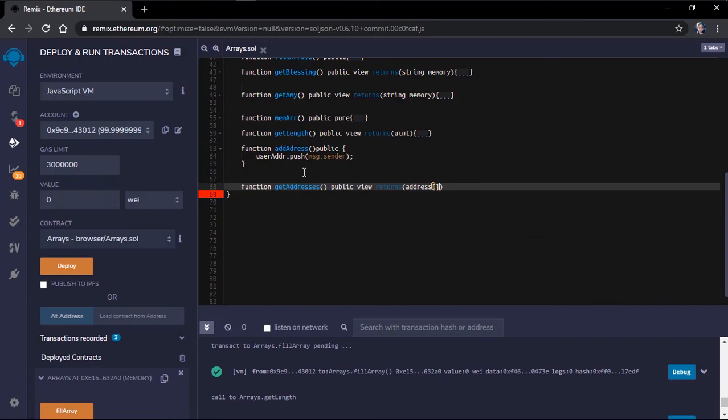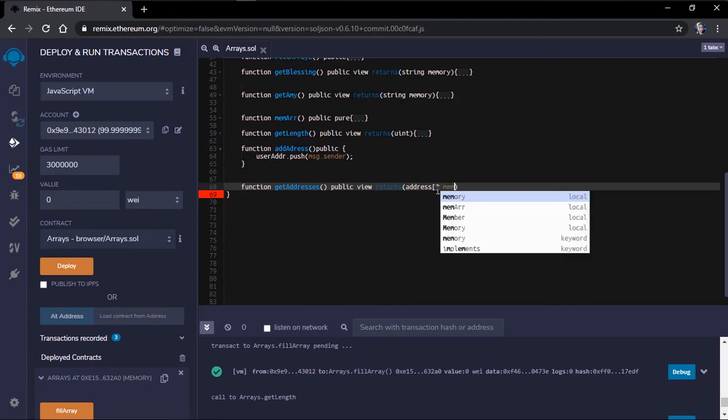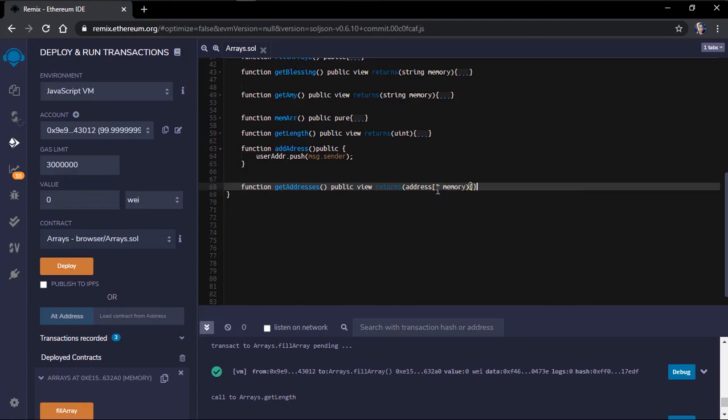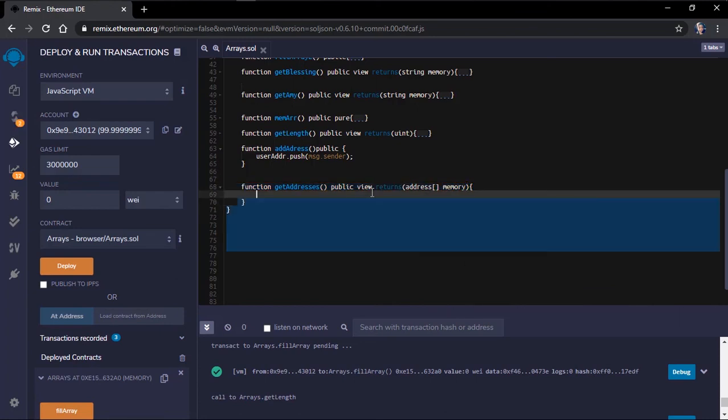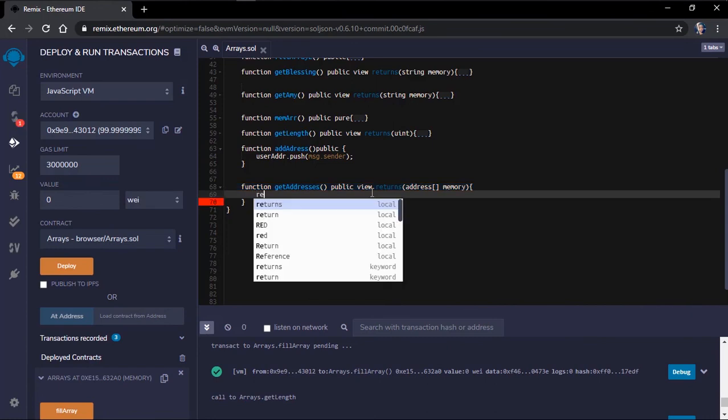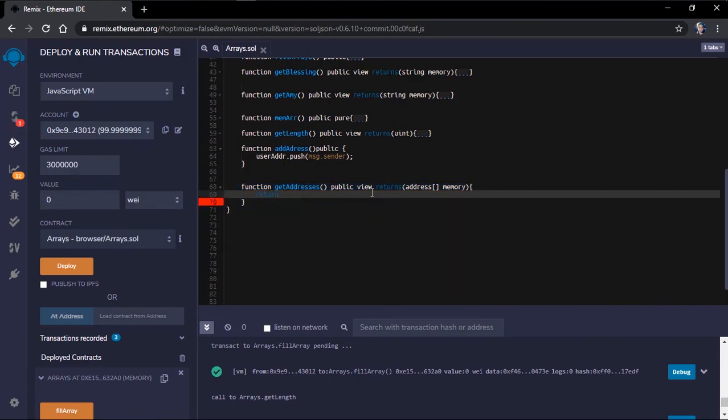And as you can see, it's just like we're initializing an address, but one thing here is when a function returns a value, it should be a memory. If not, this won't work. So we just make this a memory, and then we are telling this function to return an array of address. So in here, we can just return the user address,